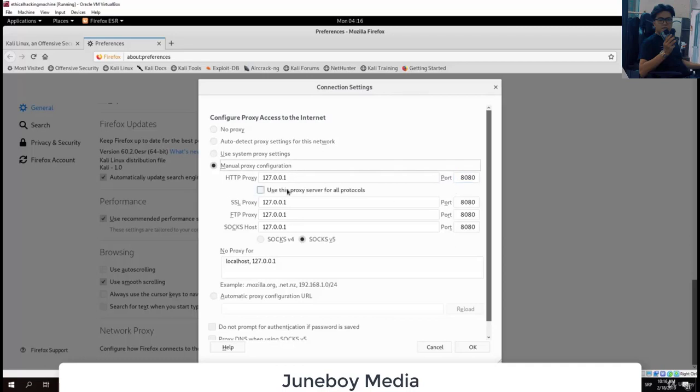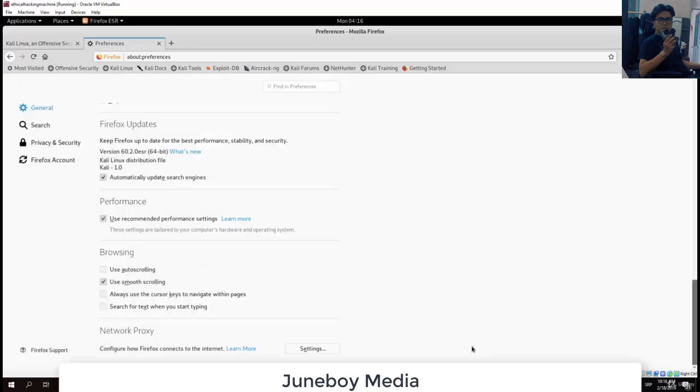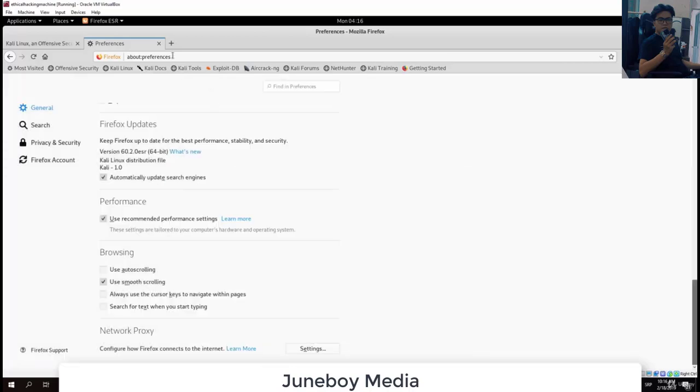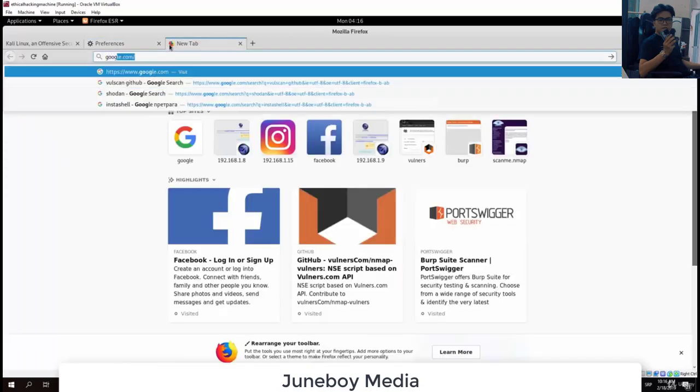Once you set all of these four to be exactly the same, you want to check here SOCKS v5. It should be checked by default, but if it is not, check here SOCKS v5. Once you do that, click here on OK and you should be good to go. So if we click here settings again, we can see that now our manual configuration proxy is set on the local host. Now if you go right here and try to search google.com,